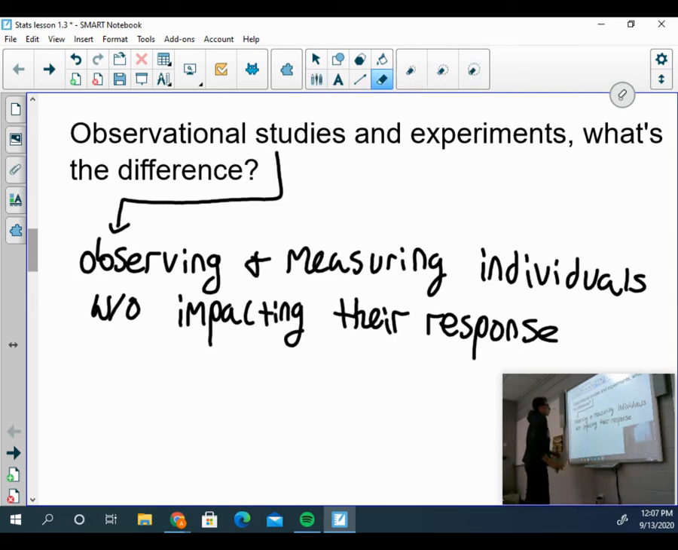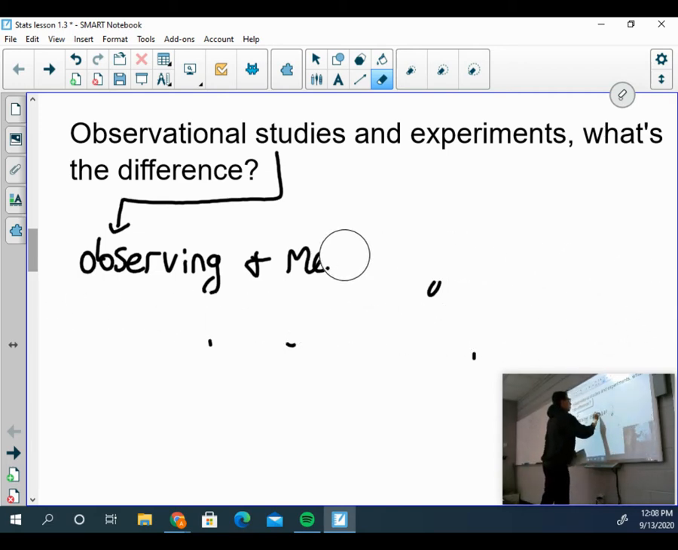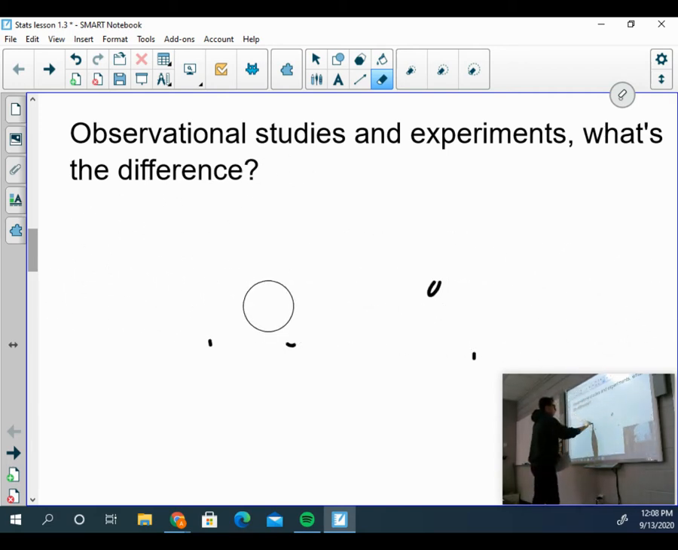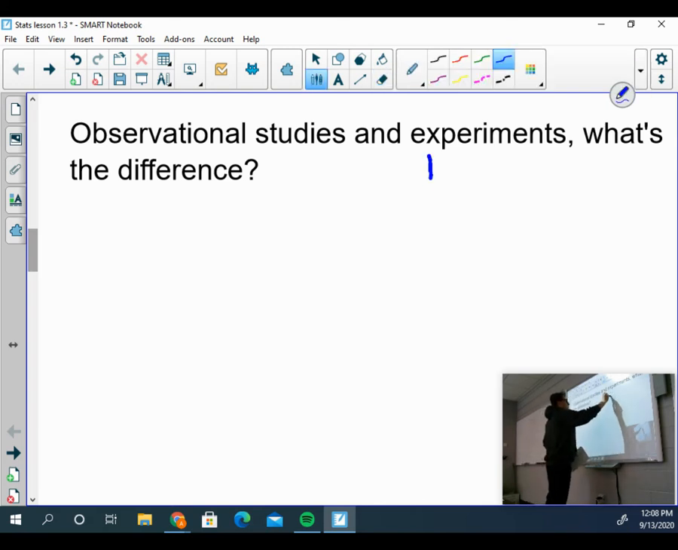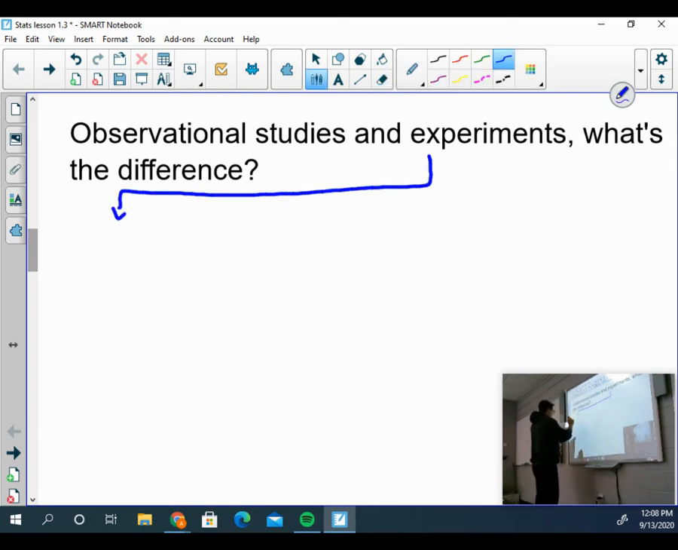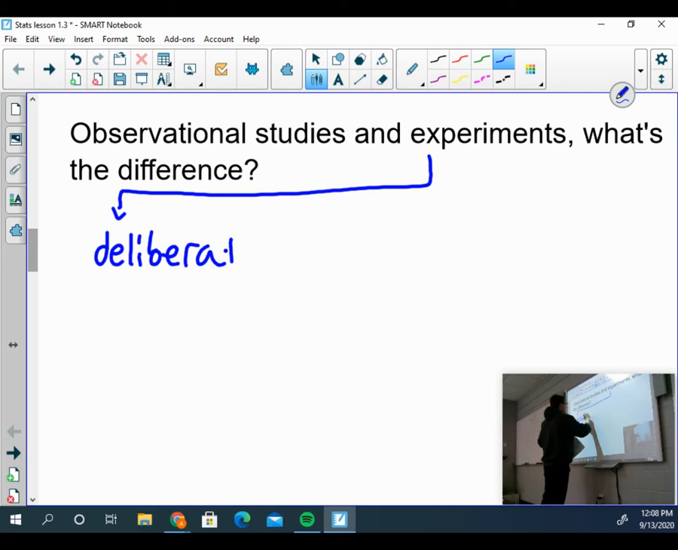So the counterpart to that would be an experiment. Okay, so what is an experiment? Well, this is what you've done most of your life, and once you see the definition, it's going to make obvious sense. An experiment is when we deliberately impose a treatment